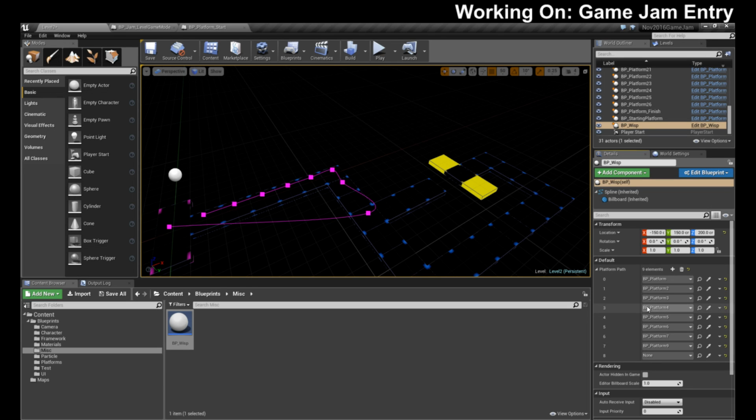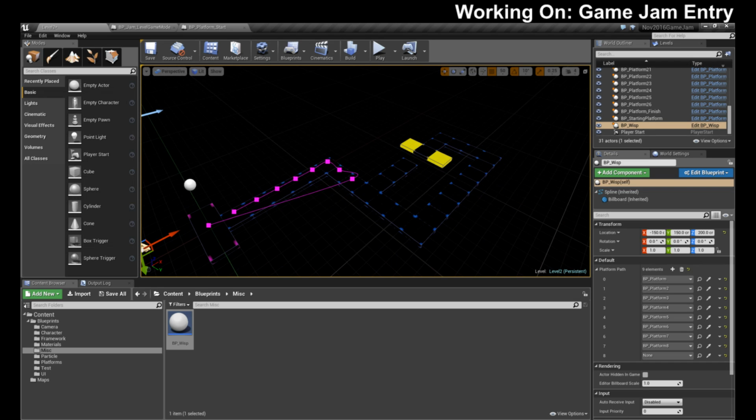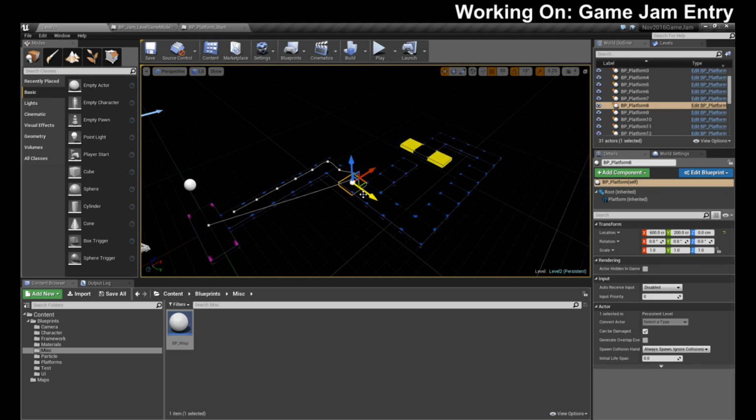It's a little bit of, whoops, that's not the right one. 8. Ooh, okay, which one's that one? Platform 8, 9, 10, 11, 10, 11, 13, 15, 18. Oh, that's gonna be fun.